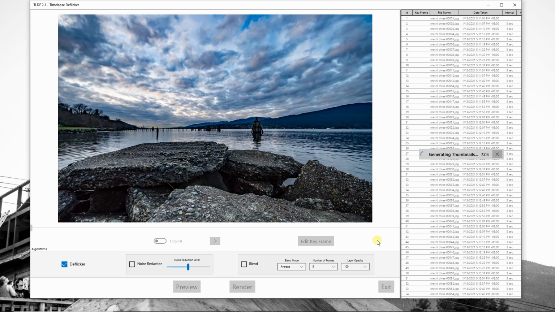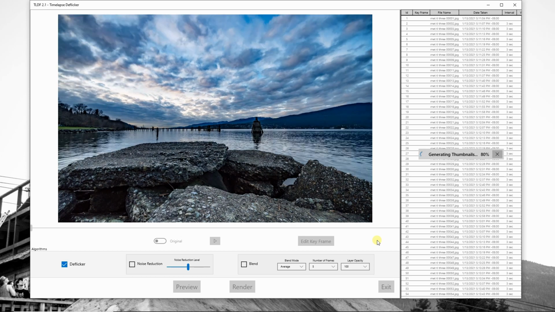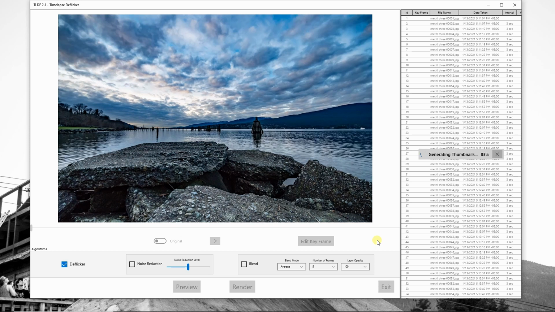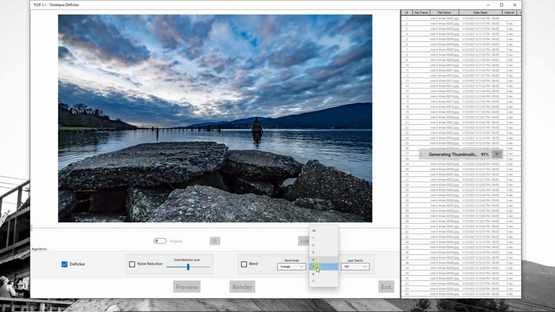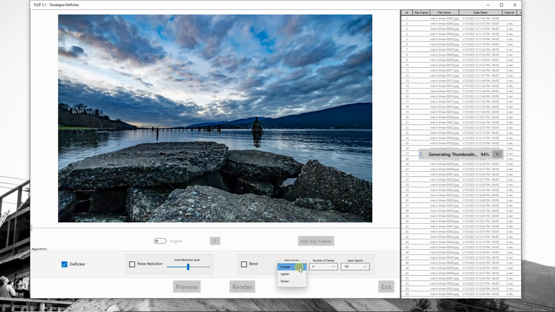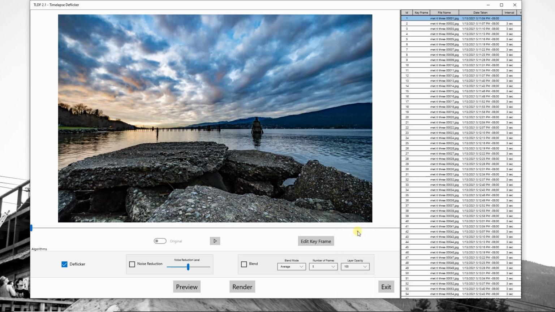I find that if you play back at 24 frames per second, that's a nice, quote-unquote, cinematic playback speed. So it's pretty good. But if you want to mess with this, you can. You can change the number of frames to blend, you can darken, lighten, you can change the quality level, all that kind of stuff. Alright, now that that's finished its import there,